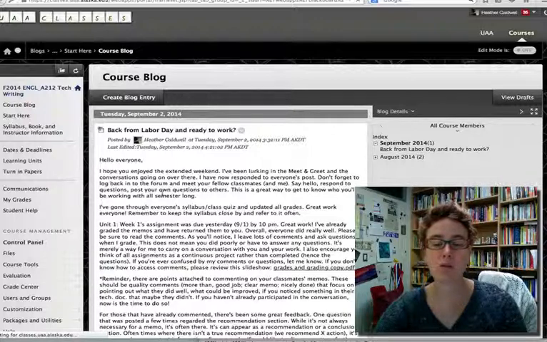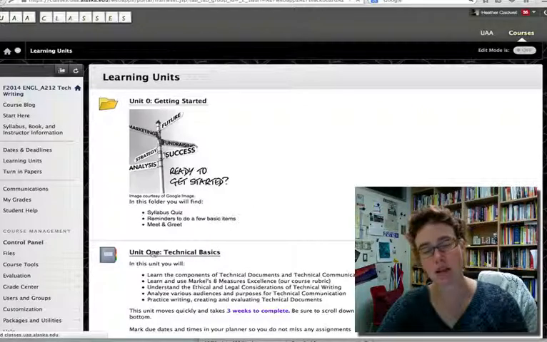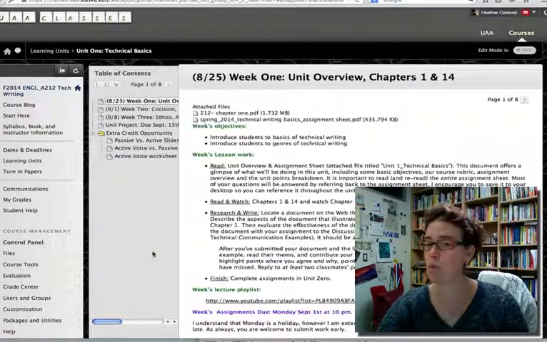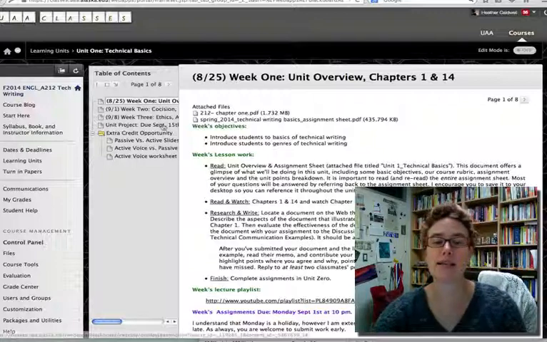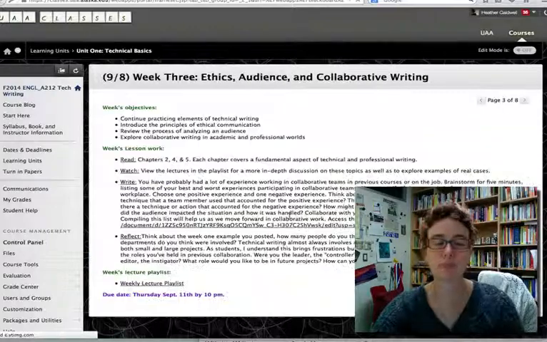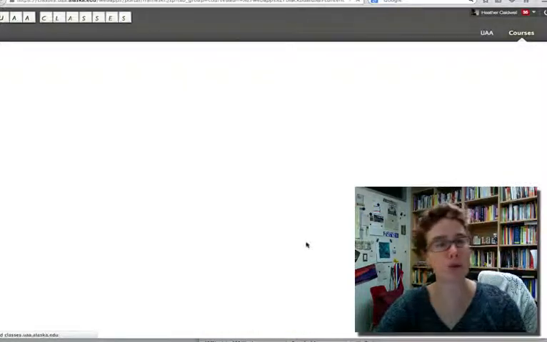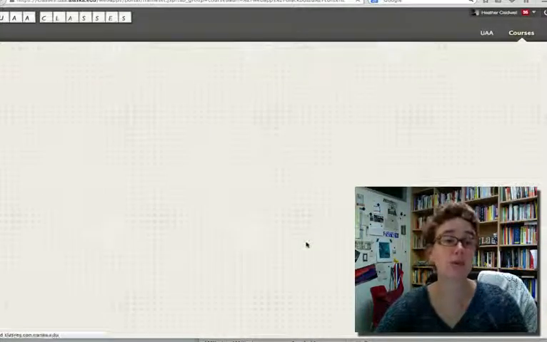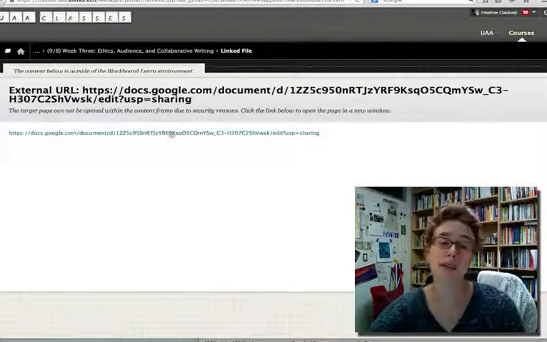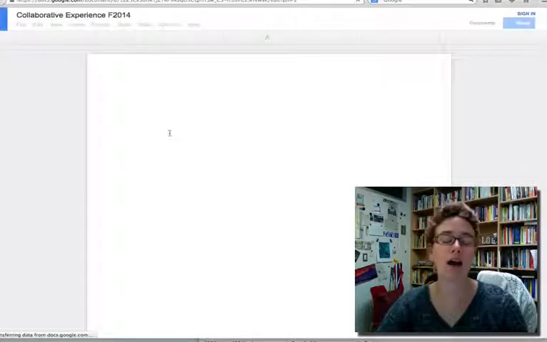to work within a Google Doc. Now, everyone here has a Gmail account through your UAA email address. So it's no problem for you logging in and accessing this document. The link is right here, and depending on the browser you're in or the computer you're using, it could take you to a screen with a URL like this where you have to click it again to get to the actual Google Doc, or it might just open up for you in that window.